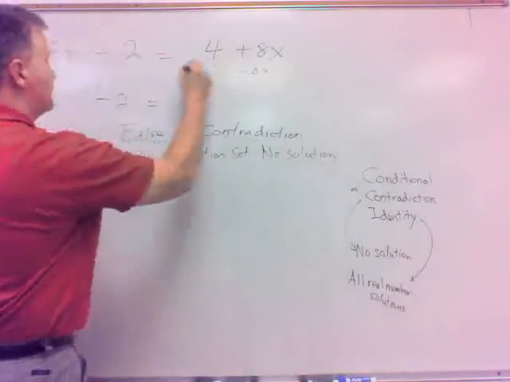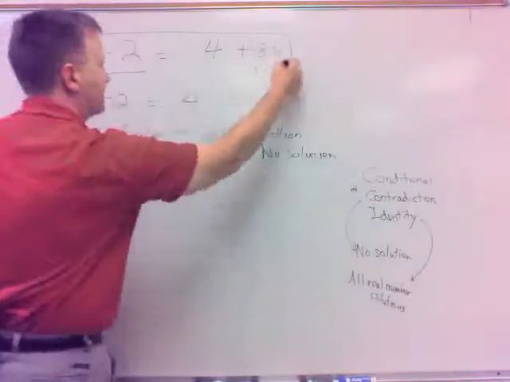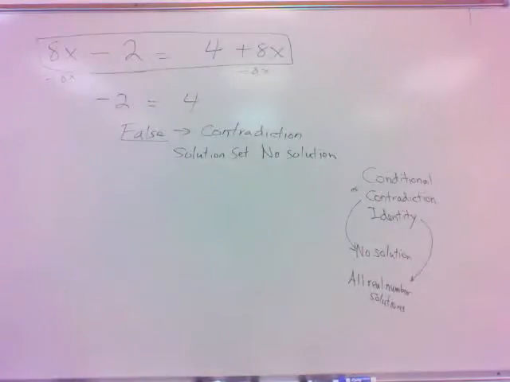So we're saying this original equation is a contradiction. You can't have that equation. It's a bad equation, in other words, and there is no solution to that. Now, in the identity, one like this,